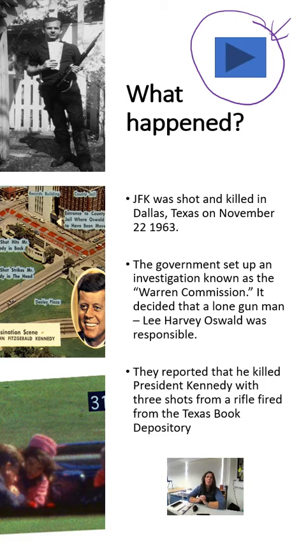Okay, so what I'd like you to do in your books, underneath the subheading of what happened, I want you to write 3 key things down. When it happened, what the Warren Commission decided, and what they reported, which was about obviously Kennedy being killed with the 3 shots fired from a rifle. So you've got just a very basic summary of each of those 3 bullet points. Okay, pause while you do that, and then when you're ready you can move on.